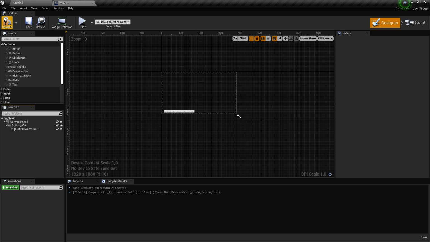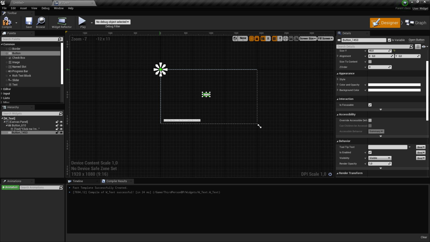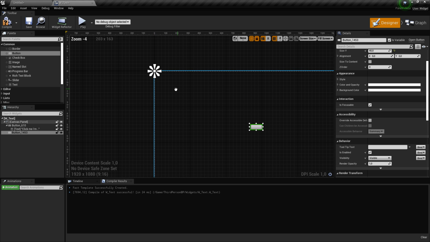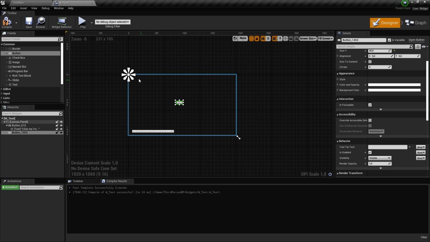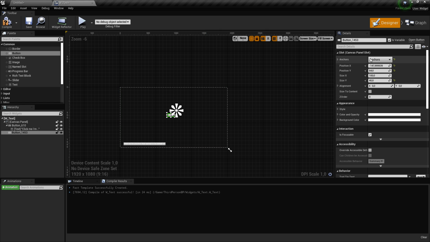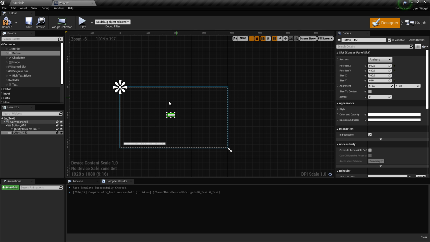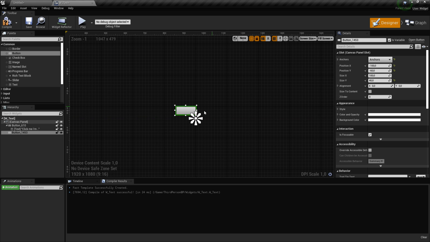I don't know if you saw this just before, but when I drag and drop a button on the screen, I have what you call an anchor. To explain it really simply, you can click here on Anchor and choose where you want this button to be displayed. If you want it on the top right or left, or in the middle of the screen, you just have to select a position.